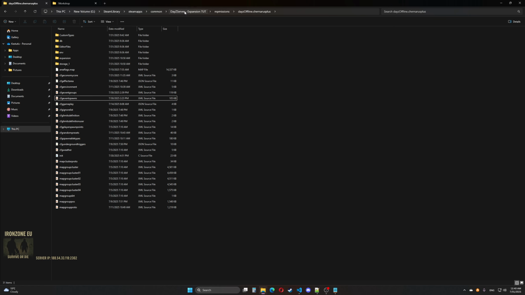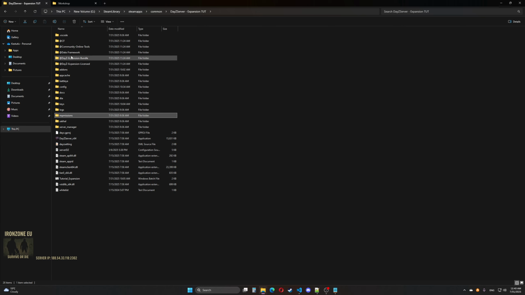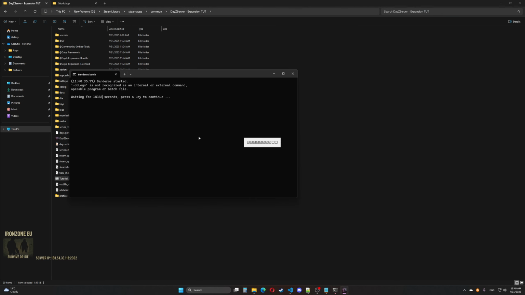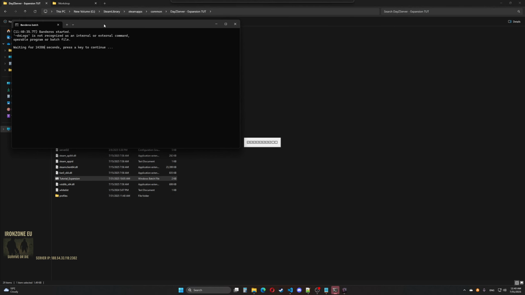Now we can go back to our server installation. It's almost completed. What do we need to do now? Now we need to run our bat file. Let's run it. It's gonna look like this, a black screen.